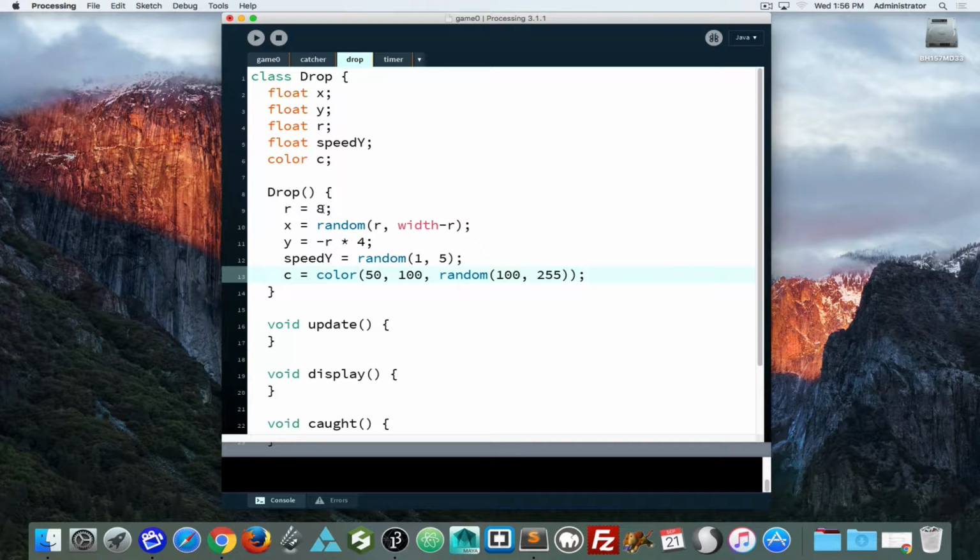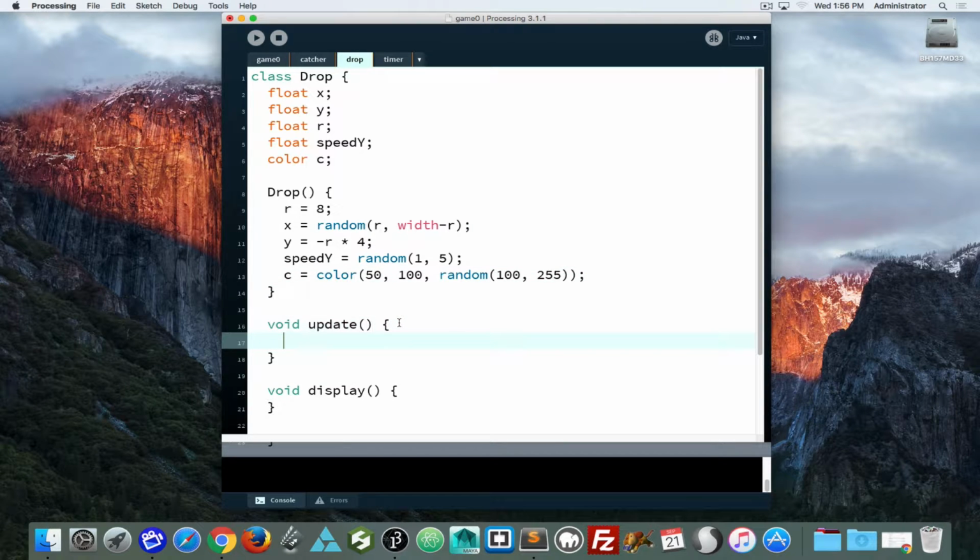So we have our radius of 8. X will be random. It will be on screen to the full width of the screen, but not off screen. It'll be positioned above our sketch to start. And then we have our speed of somewhere between 1 and 5